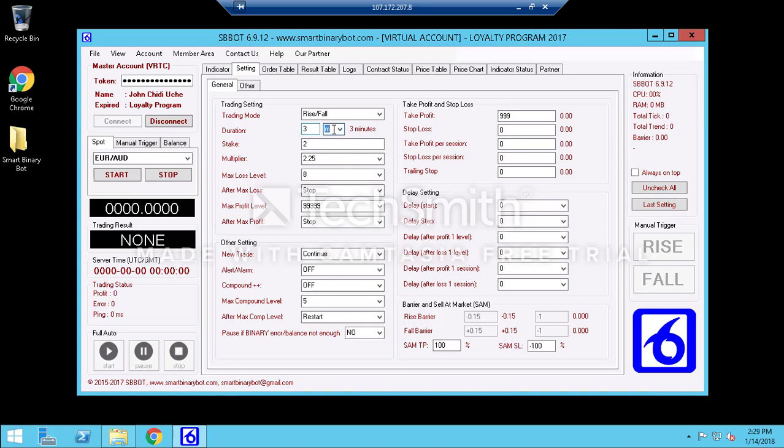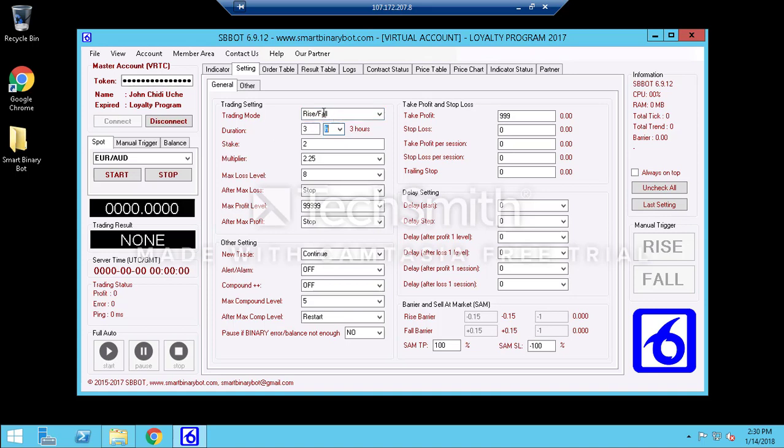if it's end of the day, my end of the day can come from early in the morning. I can say you put 1 hour here. I can tell you to put 7 hours, but end of the day is not always available. Most of the signals will come from 1 minute, 3 minutes, 5 minutes, 10 minutes, 15 minutes, 1 hour, or even 30 minutes. Okay, so this is where you can select the duration.